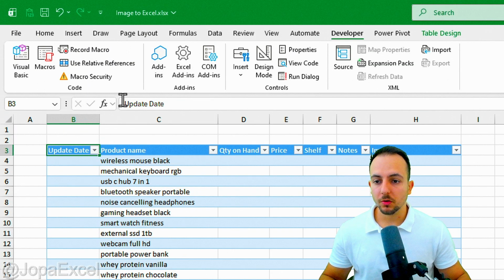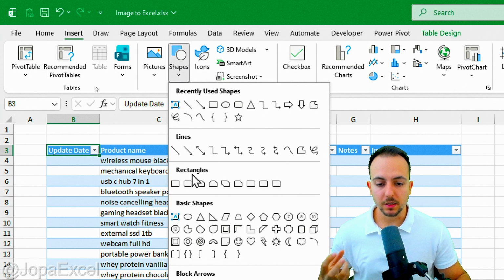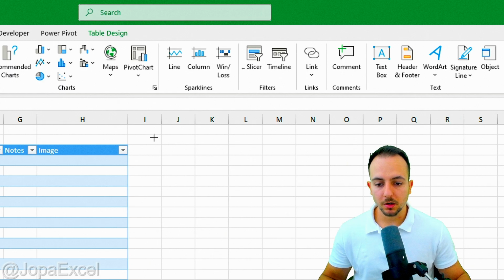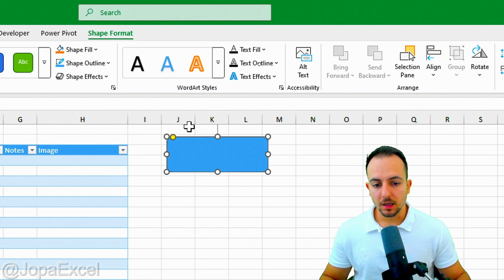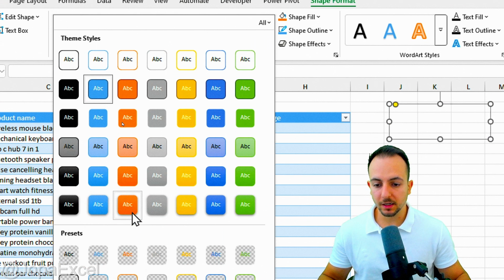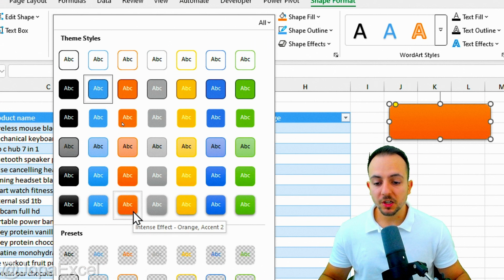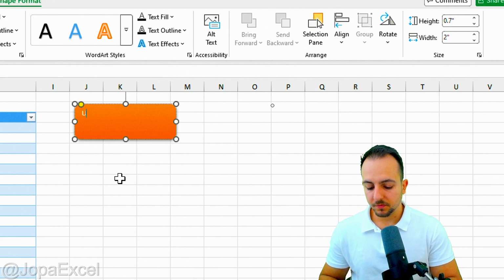In order to run the code, I think it's easier to insert a shape to create a button. Click on the rectangle around the corners. Click, hold, and drag to draw the shape in the screen. And with this frame right here, I want to convert it into a button. And how to do it? Let me go to shape format, choose a layout that I like, maybe orange-ish one. Double click within, and let's insert a title. Maybe update